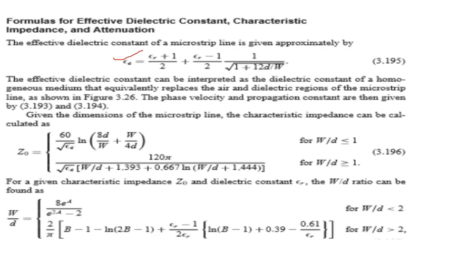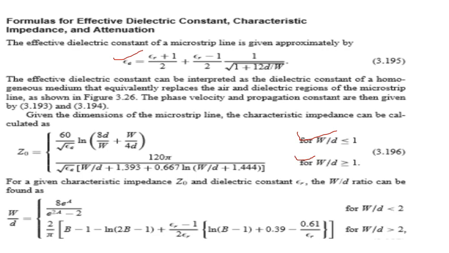Depending upon the two types of w by d, you can see over here, w by d less than 1 and greater than 1. Whenever it is less than 1, the formula is given over here. Whenever it is greater than 1, the next formula is given over here. In Mumbai University, questions can be asked that for some value of w by d, you are supposed to look at the value, get an idea whether it is less than 1 or greater than 1, then apply the corresponding formula and get the value of Z0.